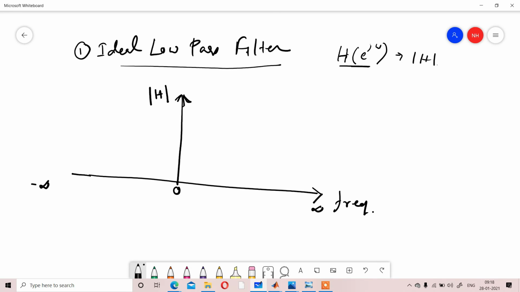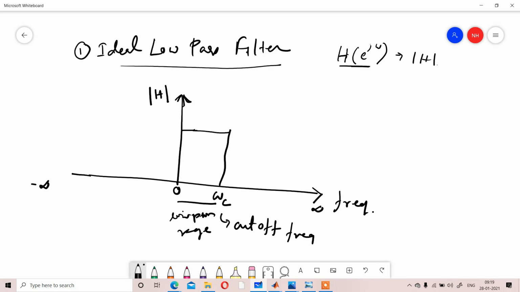So if we consider an ideal low pass filter, it consists of some frequency range up to a frequency called omega c. That is called the cutoff frequency. Up to that is called the low pass range, and here the cutoff will happen, and after that will be the high pass range.